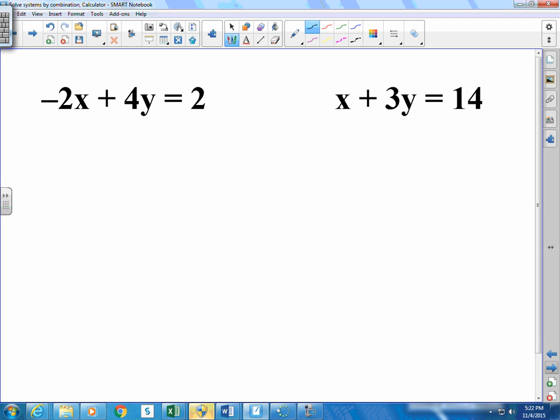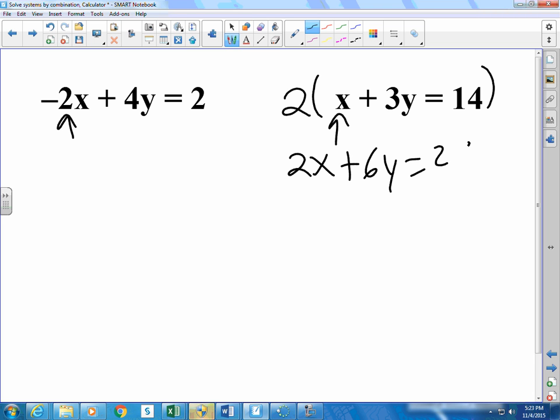So I could look for a way so that I could add those two equations and one of the variables would go away. So here I've got a negative 2x. If I could get that to a 2x, I could subtract those two equations and the x term would be 0, and then I could solve for y. Well, the way I could do that is I could multiply this whole equation by 2. So that gives me 2x plus 6y equals 28. So now if I take that equation and add it to this other equation,